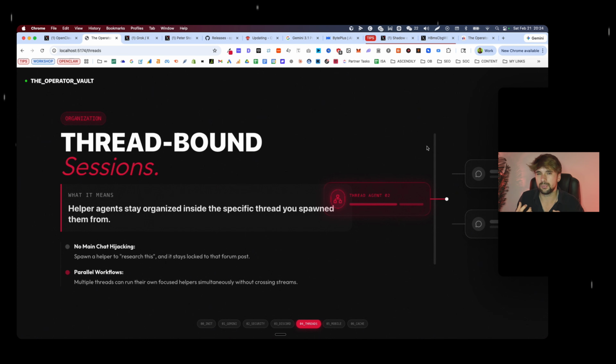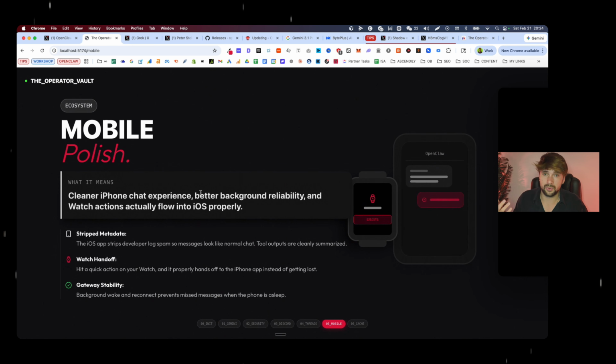So there's going to be some playing around with this, because it's a little bit more theoretical right now. But once people start playing around with it and sharing their findings, well, then we're going to cover that as well. All right, the next one is not related to me whatsoever, but you have a cleaner iPhone